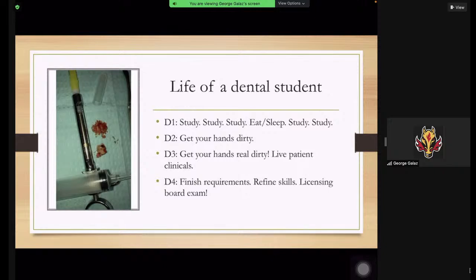But you're getting your hands dirty in a dental lab. Basically, you're going to be trained on how to be a lab technician, essentially. You're going to be learning how to make crowns out of gold, out of porcelain. You're going to be learning how to make bridges out of gold and porcelain. You're going to be learning how to do root canals on a plastic mannequin tooth, learning how to do fillings, learning how to do